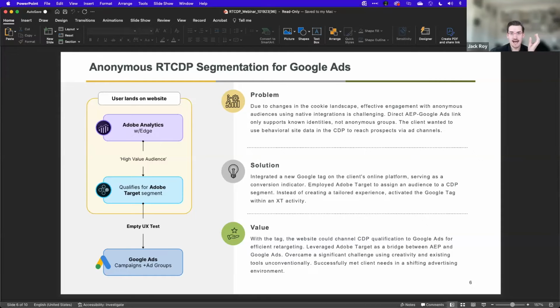RTCDP has a native integration with Adobe Target. Whether you're on the Web SDK or on a legacy implementation, you are able to pipe those segments built in the CDP over to Target very easily, for the most part. With the TMS, there's not a native integration to push the segment over to the tag manager. I'm sure there's a way you could potentially do that, but I think the main reason for that,